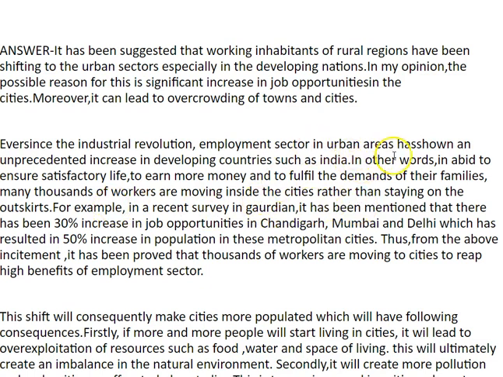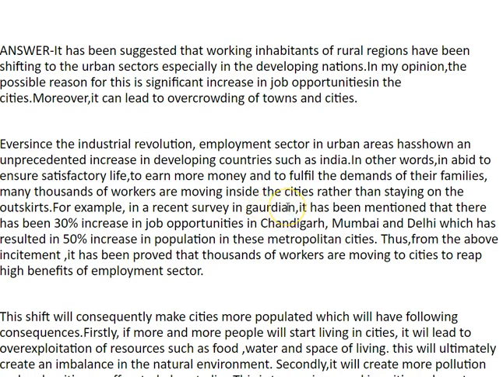Okay, so in other words, in a bid to ensure a good life, perhaps, or a good quality of life, to earn more money and to fulfill the demands of their families, many thousands of workers are moving into cities rather than staying on the outskirts. Okay, so moving into cities rather than staying on the outskirts. Good, okay. For example, in a recent survey in The Guardian. Okay, well done. So Guardian, capital G, and it's